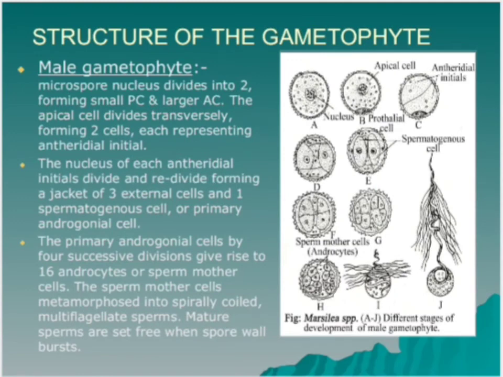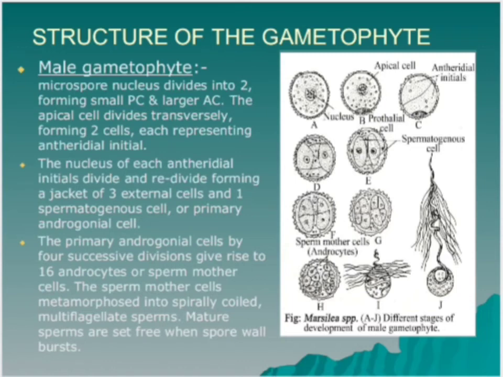Now, structure of the gametophyte. Both types of spores are liberated from their respective sporangia when the walls of the sporangia and indusia undergo gelatinization. Germination of microspores and megaspores starts as soon as they come in contact with water, resulting in the start of the gametophytic phase of the life cycle.